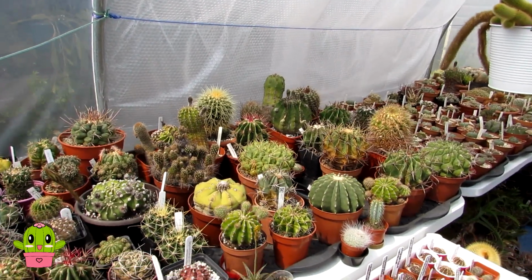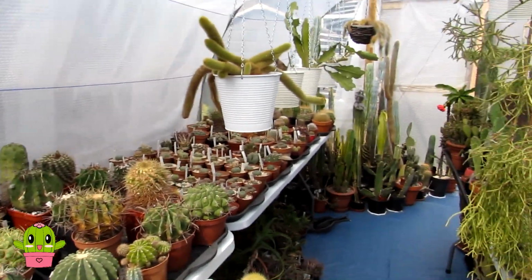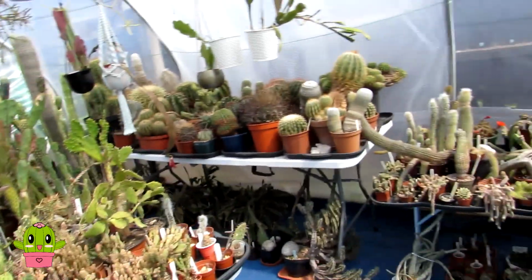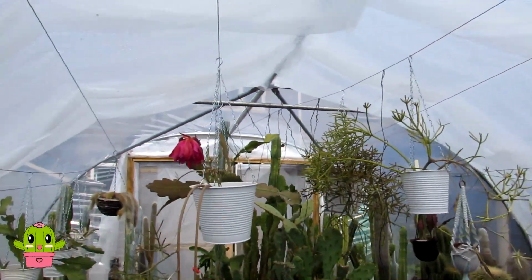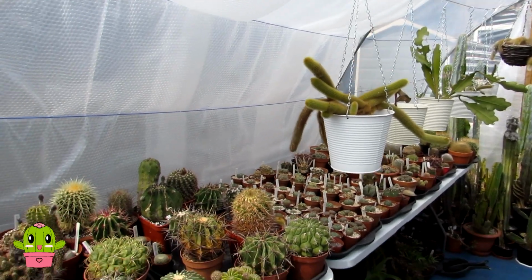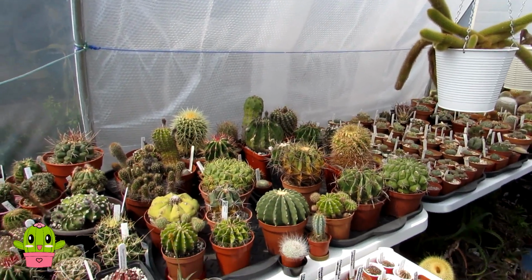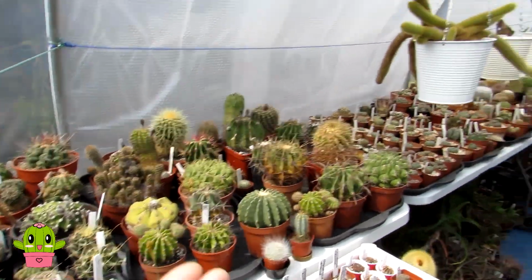The second disadvantage, and this is a big disadvantage to me anyway, is that a polytunnel, I'll just step back, you can see it's arch shaped. It's a lovely shape, that's why they're called polytunnels. It is a tunnel shape. However, it's not the most practical for housing cacti. And the reason for that is,